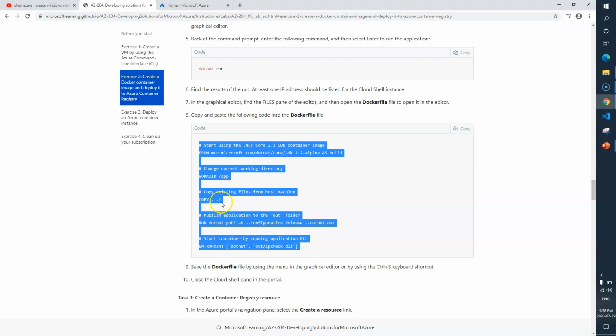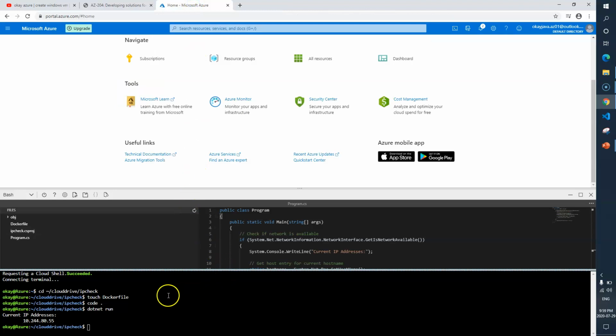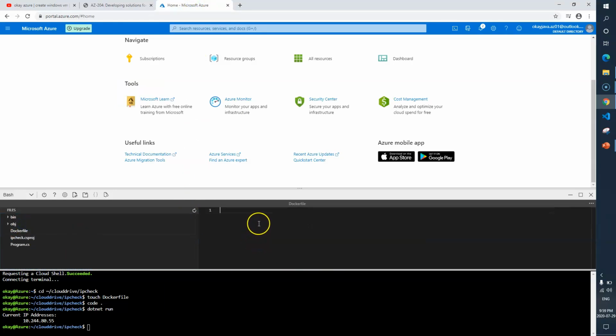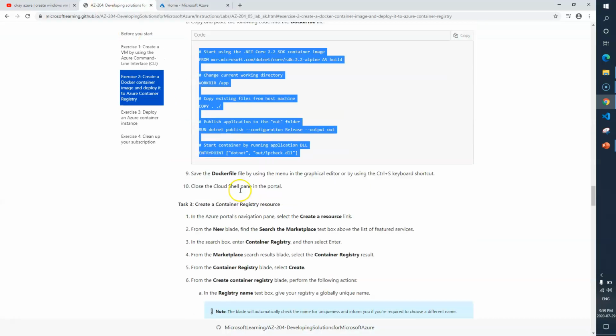Copy whatever we have in the current machine into this one, and then run this particular command. Start the container using the application DLL. Here is the entry point to start the Docker. We open this file called Dockerfile and paste everything here. Control S, saved.